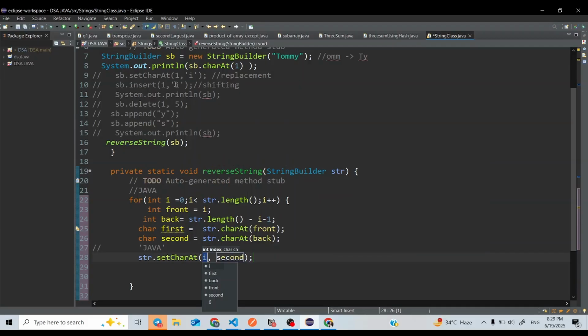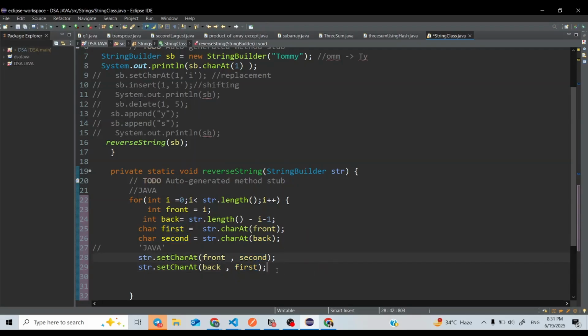First we have to pass the index. At what index do we want which character? At the front index I want the second character, and at the back index I want the first character.